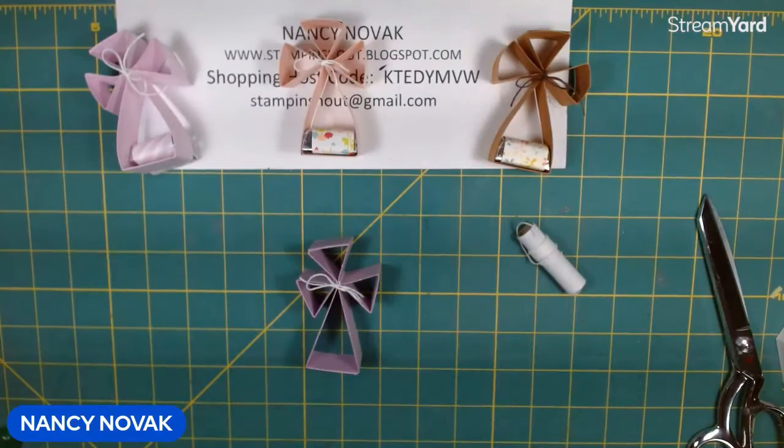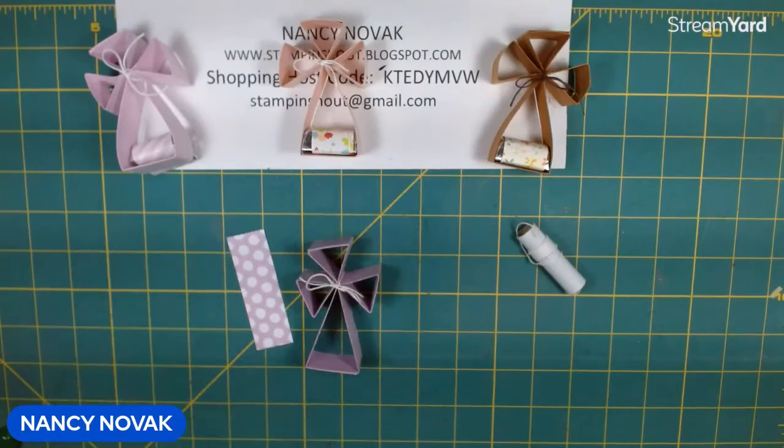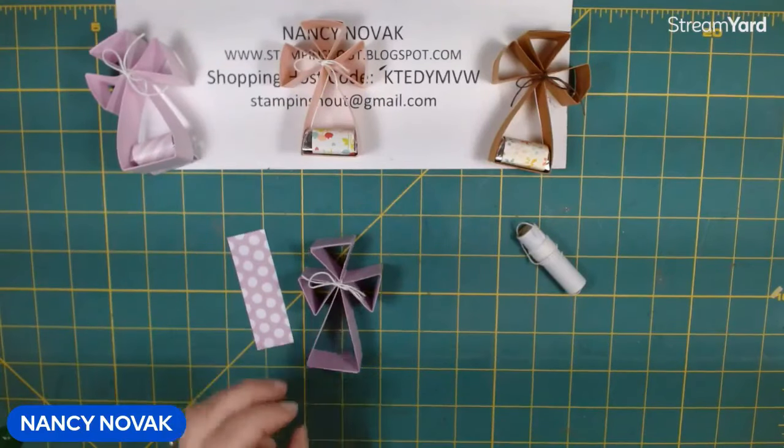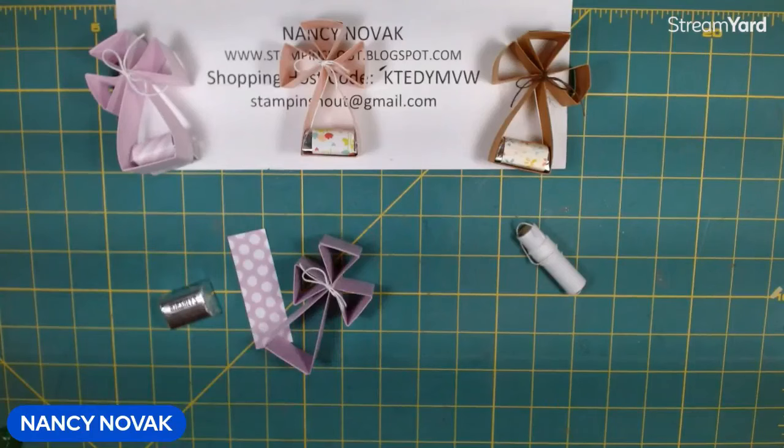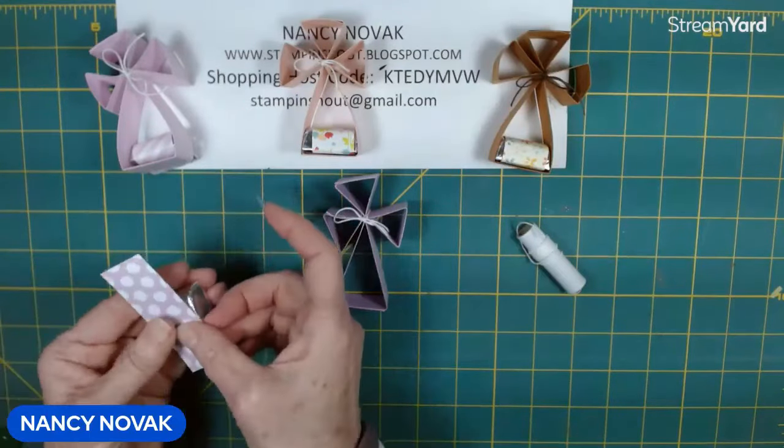Now let's do the nugget. I'll show you what to do with that. So I have a strip of designer series paper, and it's cut to 1 inch by 3 inches. Then I'm going to bring in my Hershey Nugget, and I just wrap this around and adhere it with tape. So let me get a piece of tape. So I have a little piece of tape there. I'm just going to wrap this around the Hershey Nugget,